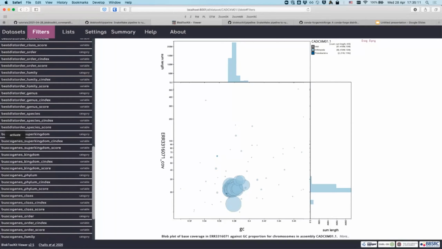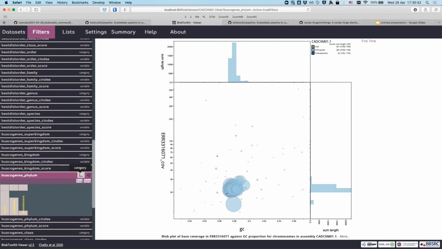So BUSCO genes is the idea that on each contig or on each chromosome, it doesn't BLAST the whole chromosome in chunks of 10. It only BLASTs the BUSCO genes, because that's a much quicker BLAST. And if you didn't want to do the BLASTn against all of NT, you could do just the BUSCO genes. That would still give you useful information, because the BUSCO genes should have a match in the public databases. And so if I activate that by saying BUSCO genes phylum, and I click on the category,